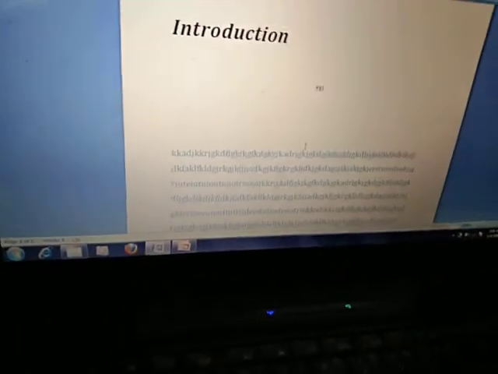Okay. How we can do the updation, how we can modify any style. For this, first select the style and then right click and here's the option modify. Okay, is there any problem?